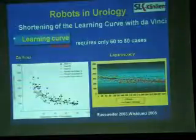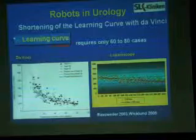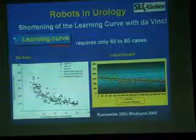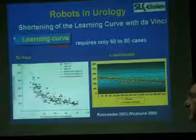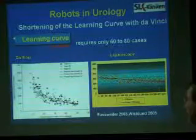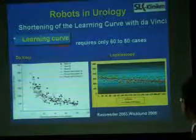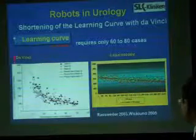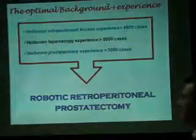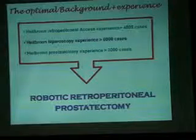Next slide. And who can learn robotic surgery? You may be an excellent laparoscopic surgeon, but maybe you are not good for robotic surgery. Do you know why? When you are working with laparoscopic instruments, they are straight instruments. You are working like this. But in robotics, you need these movements with your hand. You forget these movements with time when you are always performing laparoscopy. But if you are operating manually, open, and you skip the laparoscopy, as you can see, this is the learning curve of an open surgeon, and this is the learning curve of laparoscopy. As you can see, you can learn robotic surgery easily as an open surgeon. Next slide. In Heilbronn, we actually had everything. We had experience in extraperitoneal space, experience in laparoscopy, experience in